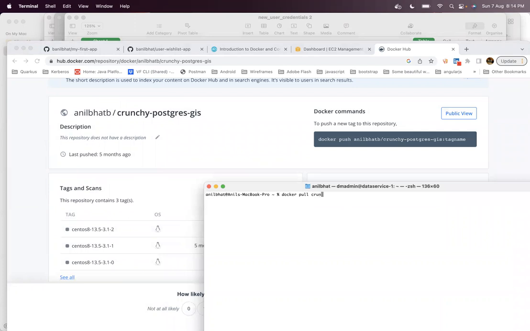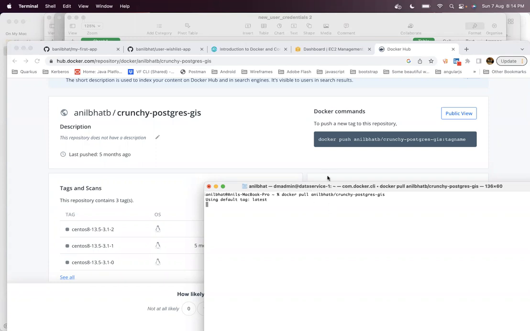By default it will be Anil but B only, because I'm connected to Anil but B, or I can just type crunchy postgres. This is the image name which is already there in Docker Hub. I am just pulling that image into my local machine.